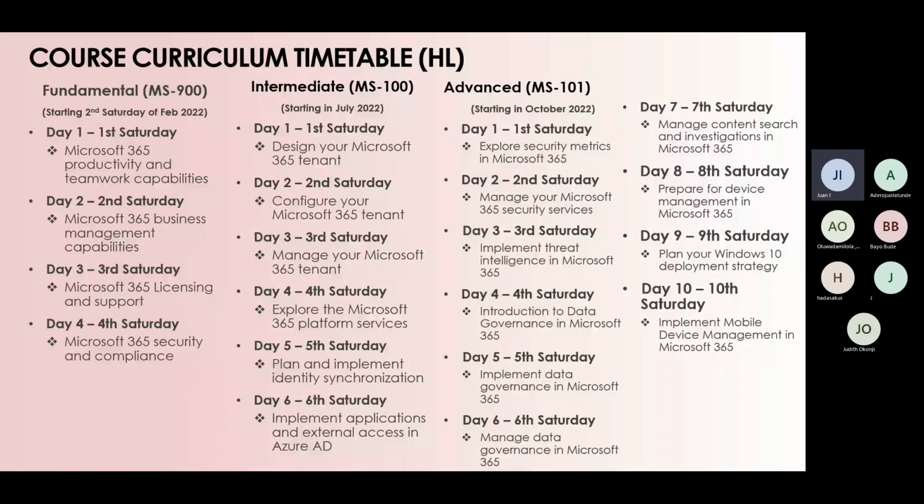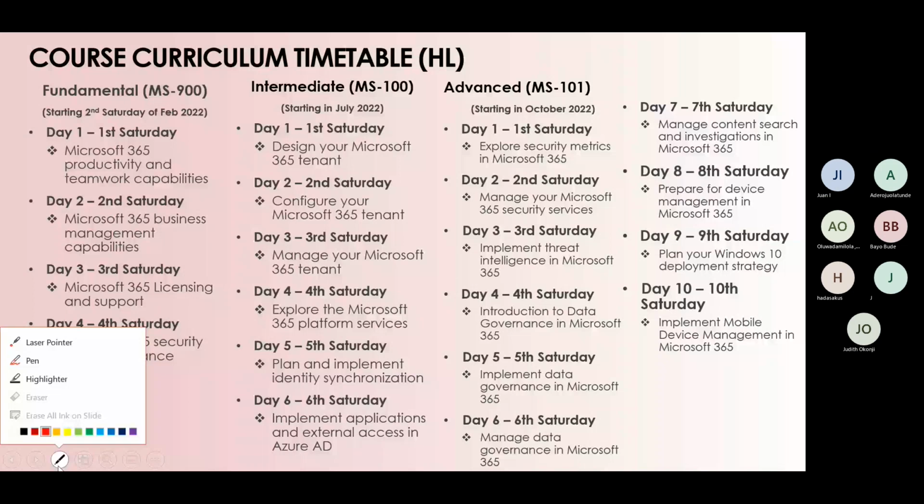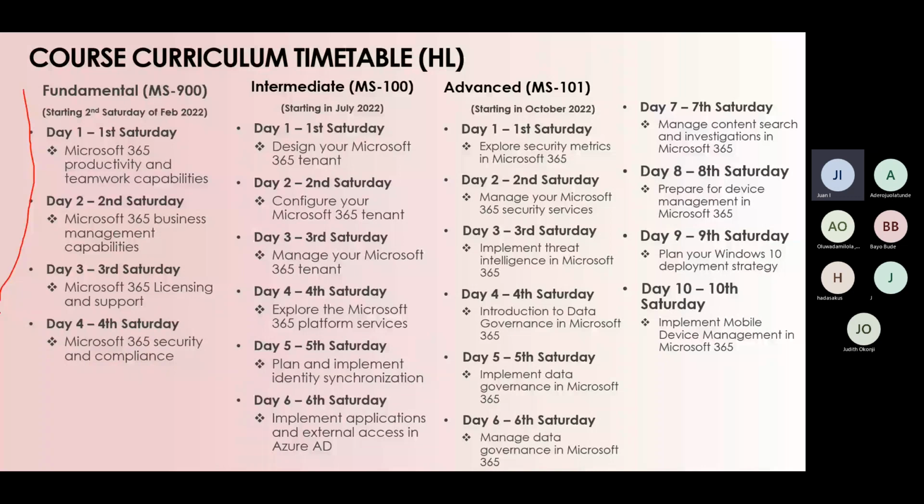Fast forward. Okay, so let me bring out the pencil. We already covered the fundamentals earlier in February. Now we've moved on to the intermediate level courses. Today, for instance, we'll be looking at how you can design your Microsoft 365 tenants. In the following Saturdays, we'll look at how you can configure and manage the tenants, explore Microsoft 365 platform services, plan and implement applications and external access, and all of that. We'll be looking at various scenarios